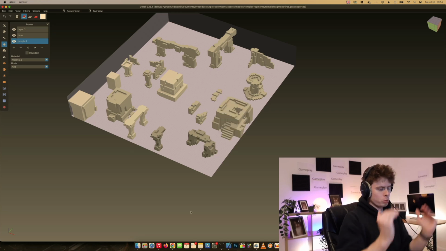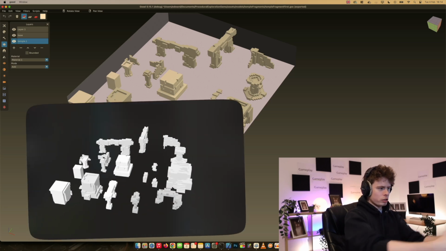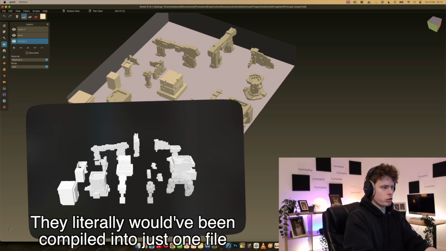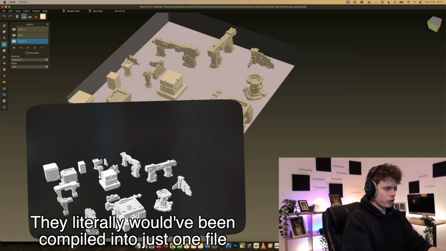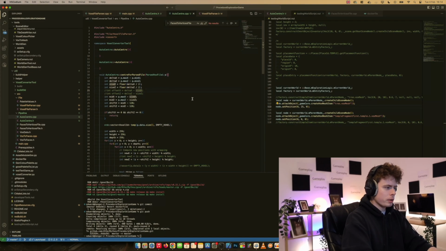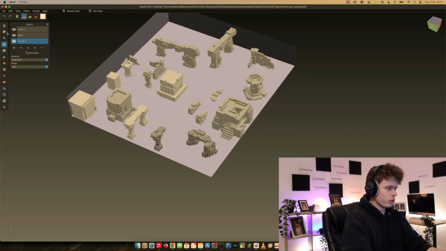Now what the asset tool previously did was it went through and just would have exported every single mesh that's on that screen at the moment. That was of course not what I wanted. So I've had to modify the asset pipeline a lot in order to be able to facilitate a lot of that stuff. And I've also had to modify the voxel tool because one of the big problems was that if